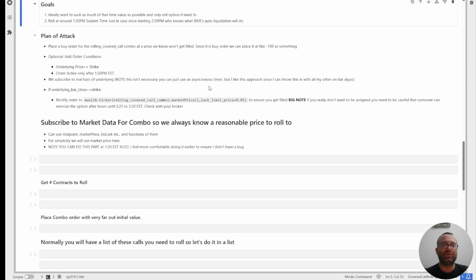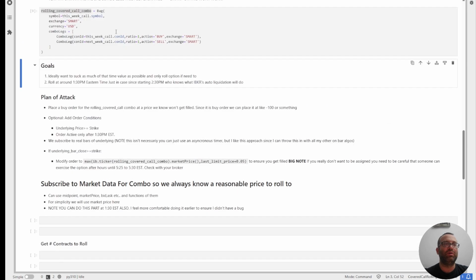Just as an optional thing and for extra practice, you can have a conditional order so that this order on the combo will only trigger if the underlying price is above the strike, meaning it's in the money, and after 1:30 p.m. Eastern time. These are not really necessary because the if statements we'll see later handle these conditions, but just for practice. I will say you've got to be super careful with the order active only after 1:30 p.m. Eastern time, because you have to make sure your time zones work, and for that you need